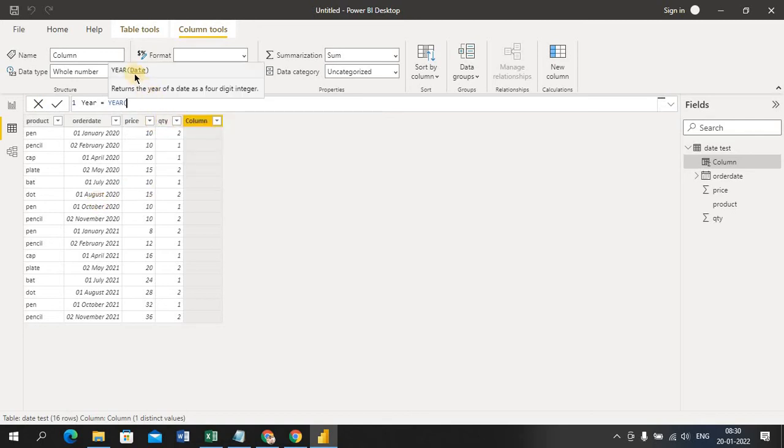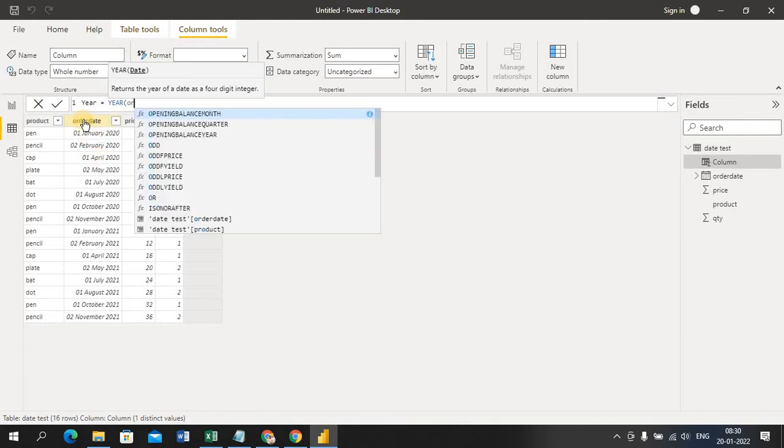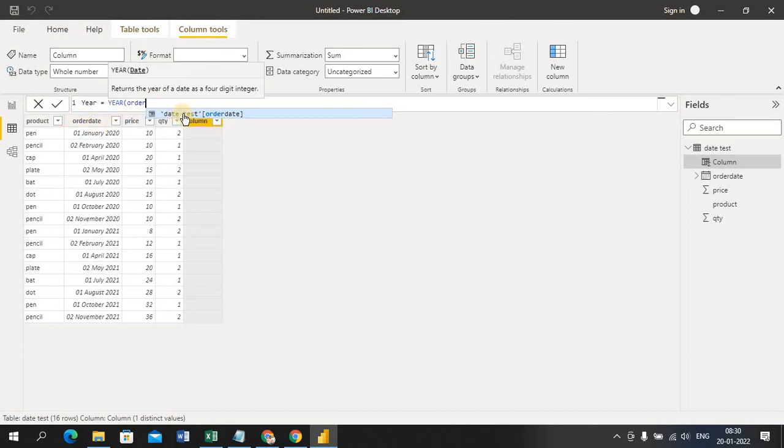You can see it's expecting a date. This column is a date, it's looking for the date. So what is the name of the date column? Order date. First the table name, after that the column, so automatically it will just enter.